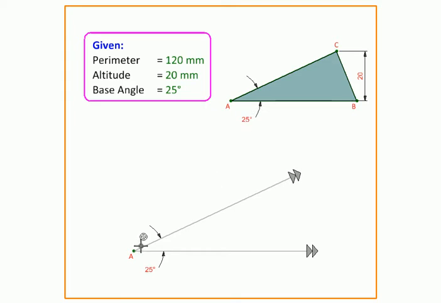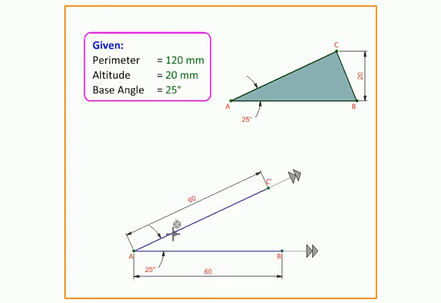Then we are going to narrow down the locus to a line segment on these infinite lines by arguing that since the perimeter itself is 120, the point cannot go any further than half of it. So something like having a loop of string which is 120 millimeters long, which is stretched in the shape of a triangle, and that loop, if it is anchored at A, will allow us to go as far as half the perimeter, which is 60 millimeters. So that's the distance we are going to plot next.